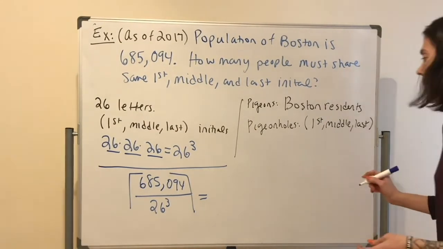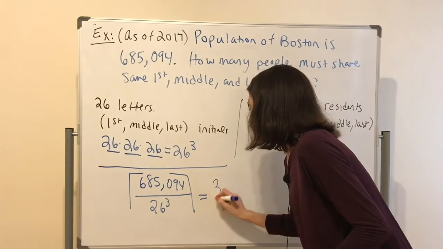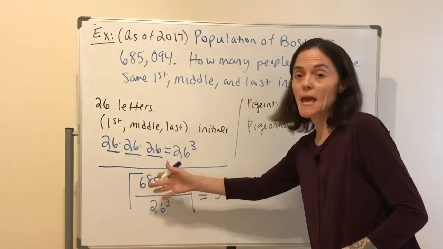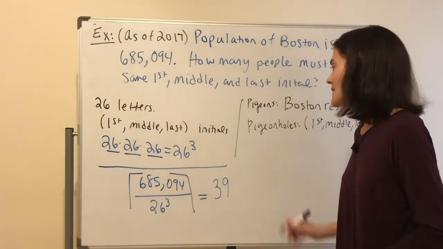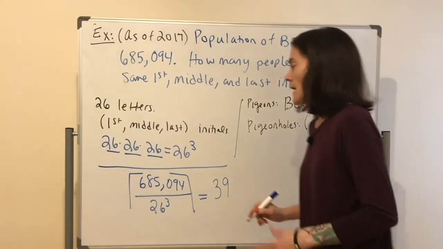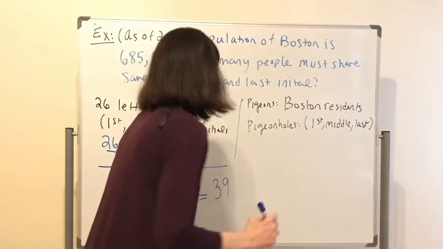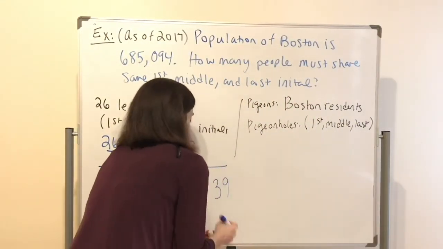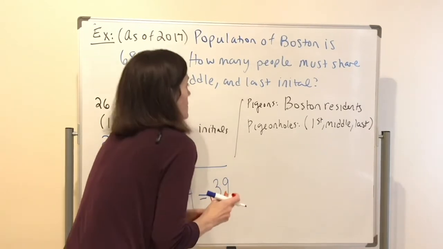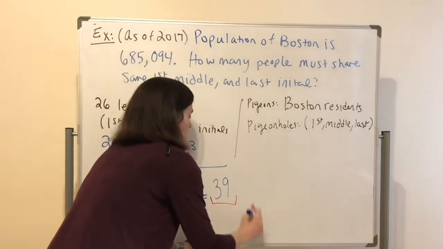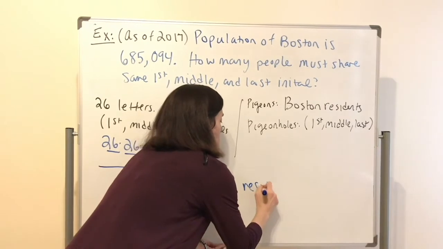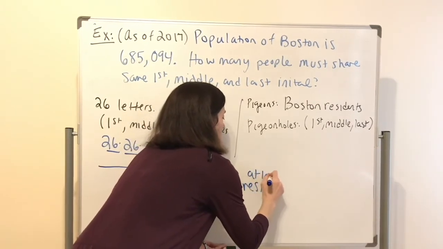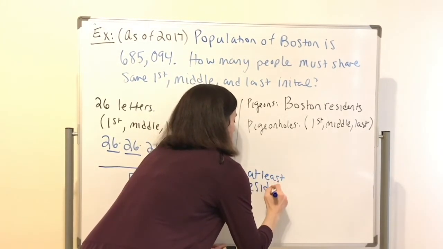This is 39. So I think in my calculator I got this was 38.9 something or other. So this is 39. And so this is the answer. 39. Here. 39 residents. At least 39 residents